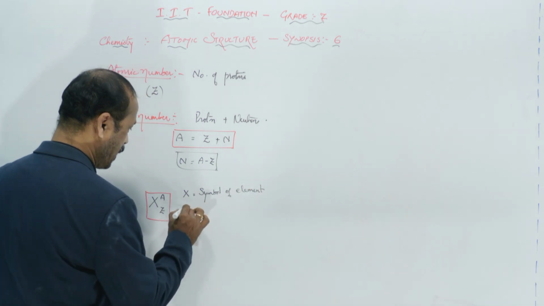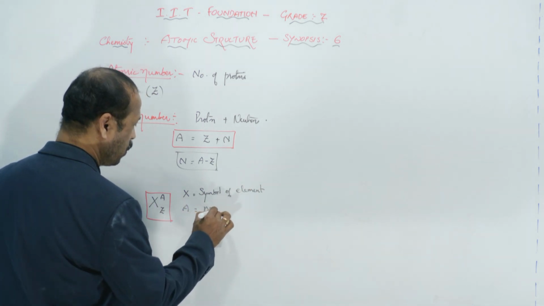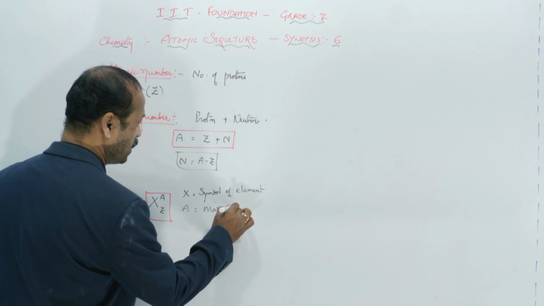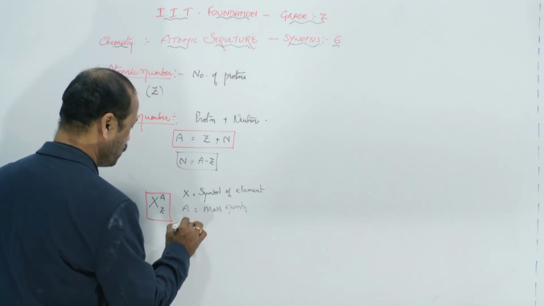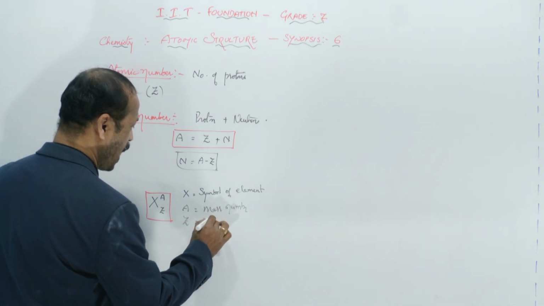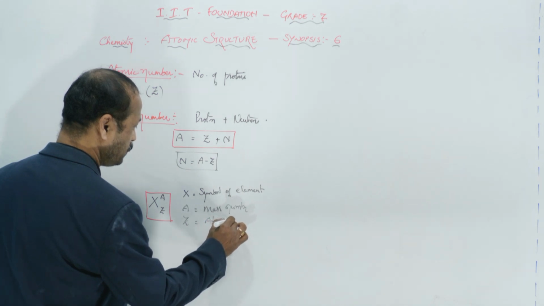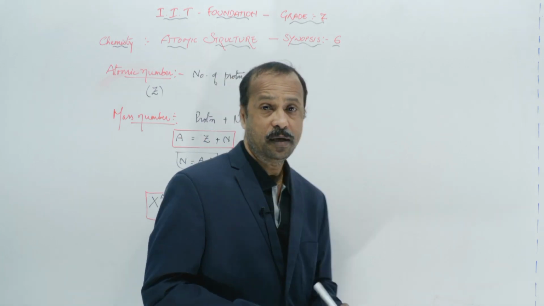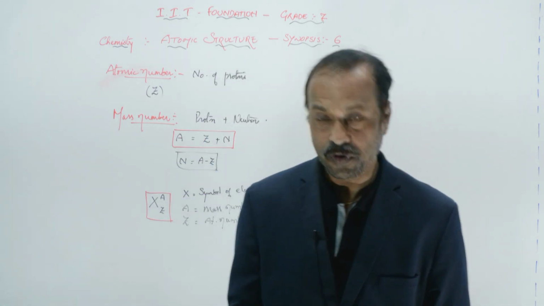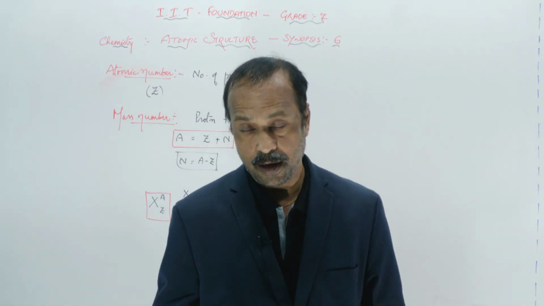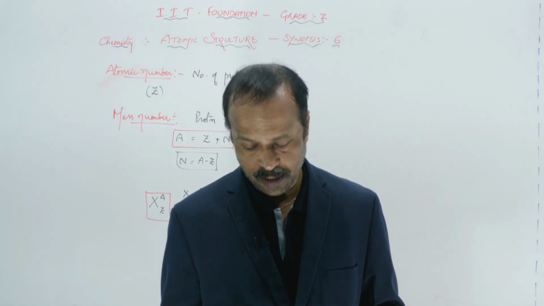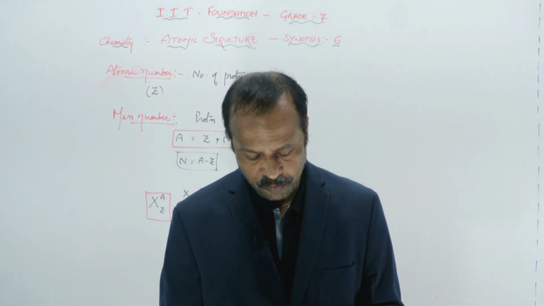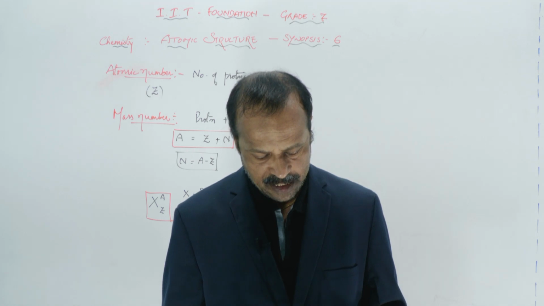Now, what is A? A is, already written there, the mass number. Then what is Z? Z is the atomic number. So, this is a representation of an element in short. Clear, students? Generally most of the elements will be represented like this, and